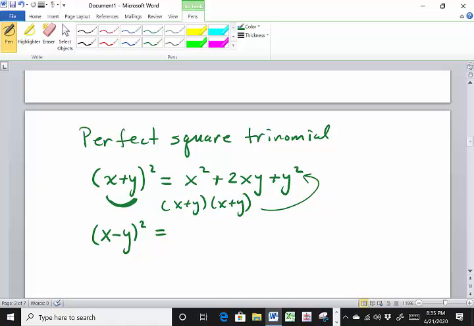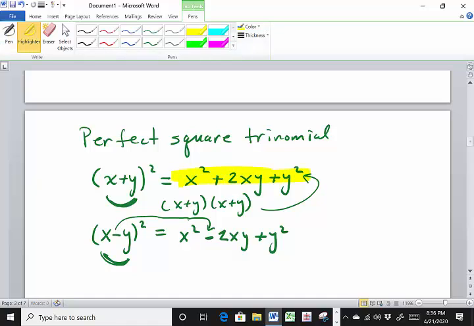So if we square the first, it's x squared. Multiply these two inside together, you get xy. But then you double it, and because there's a subtraction sign here, you put the subtraction sign here. Okay? And then you square the last. Well, of course, a negative value squared is going to be positive, so it's going to be positive y squared. Okay? Now, what these two things are called, right here, this result and this result, these are called